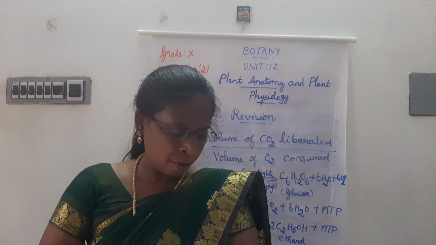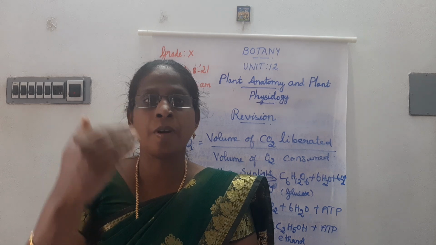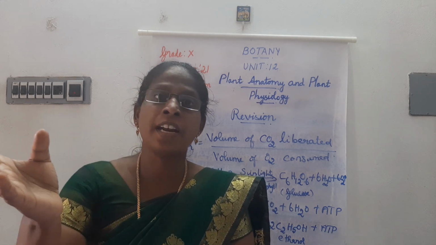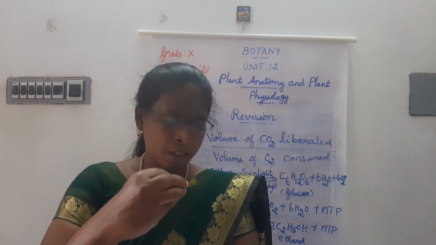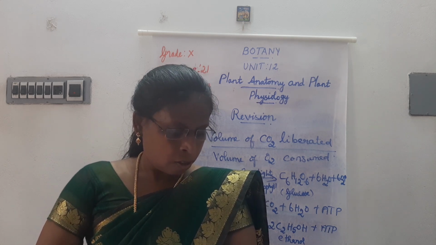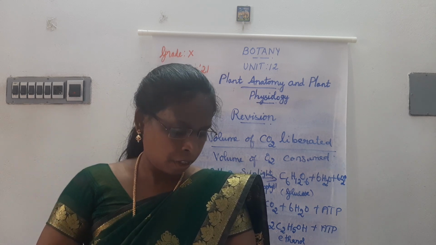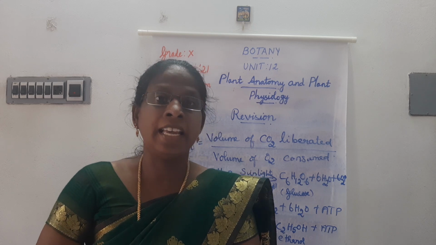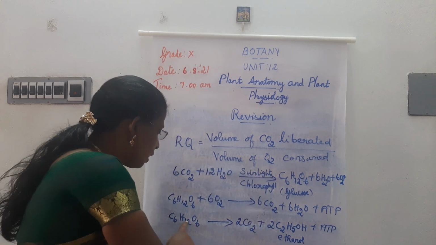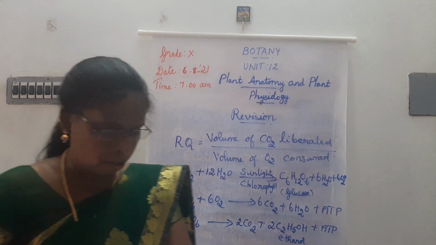The xylem and phloem arranged side by side on the same radius is called conjoint. Same radius means conjoint; different radius means radial. Don't confuse, sometimes the question will change and ask. Same radius means conjoint, different radius means radial vascular bundle. Which is formed during anaerobic respiration? Ethyl alcohol: during anaerobic respiration ethanol or ethyl alcohol is formed.